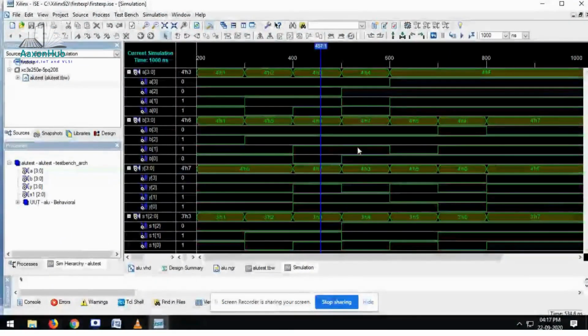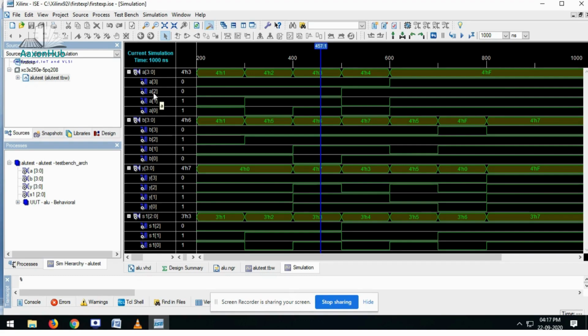So you can say here as 0, 1, 1 select line as selected, which is nothing but the OR operation. Let's check whether our output is similar to OR or not. Let's see it here. A3 bit, which is 0, OR with B3 bit, which is again 0. So 0 OR with 0, the resultant output is 0.